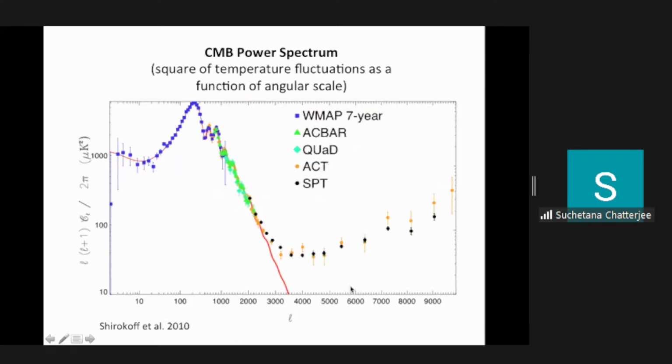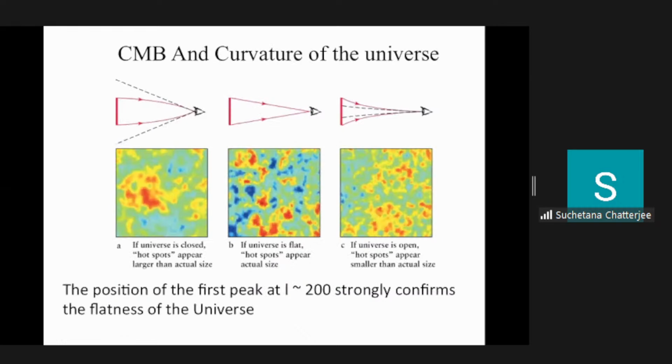Okay, so now you can see that this position of the first peak is a very, very important thing that one can work out from theory using density perturbation theory and all this physics. This is very, very rich physics. And the fact that this first peak occurs at roughly l equal to 200, in fact 180, about 200. This is a log scale, so this is 100, this is 200. So the first peak appears at l equal to 200, and then one can do a theoretical model and show that